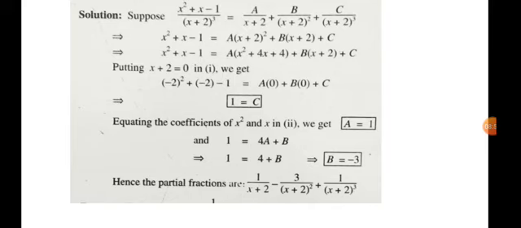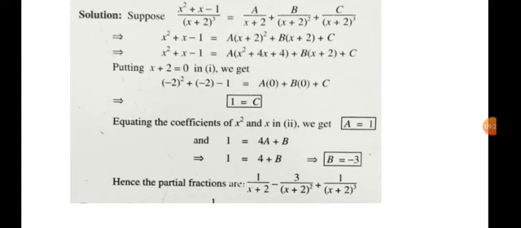4 from the right hand side will be moved to the left hand side, and it will become minus 4. So minus 4 plus 1 is equal to minus 3, so the value of b is minus 3. Hence the partial fractions are, now we are going to put the values in equation 1,